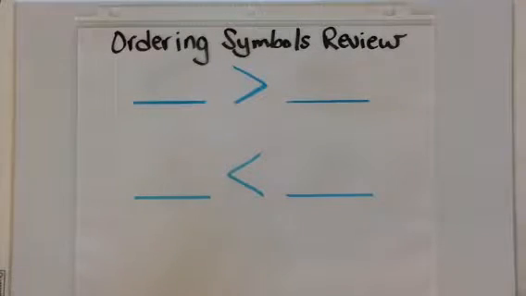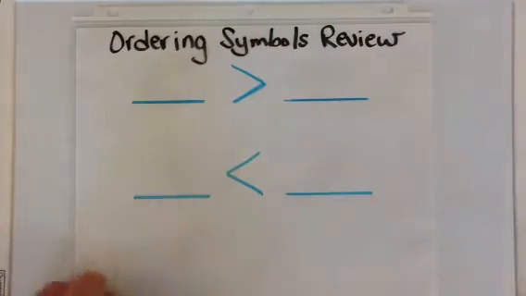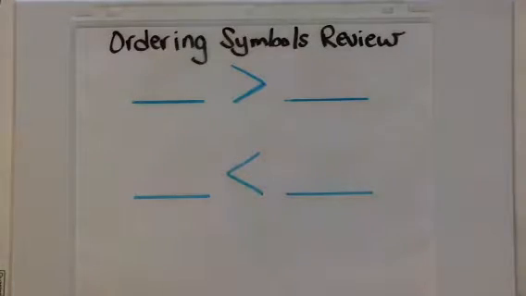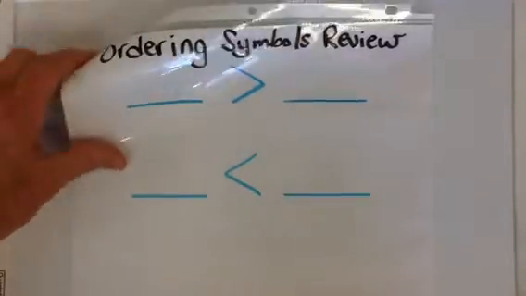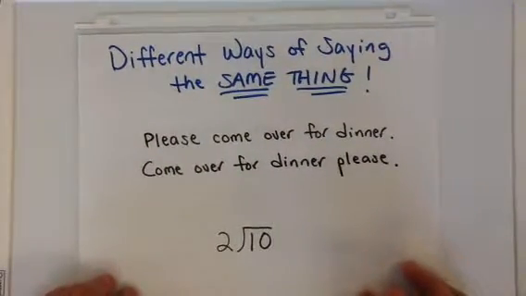In this video lesson, we are going to review the ordering symbols, is greater than and is less than. I think most of you who are watching this video are probably familiar with these symbols, although they can be a little bit confusing, so that's why I want to have this review. Before we speak more about those symbols, I want to talk about a general idea first, and that is that